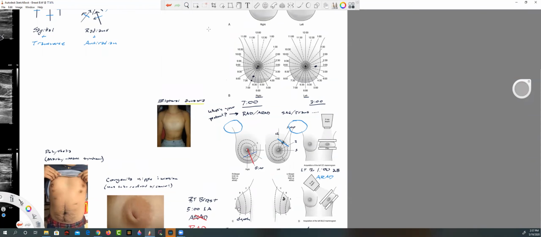You have to look at the axilla. Unless you're doing a very targeted exam, the doctor says, look at this and only that, then that's all you do. You don't go meandering into the axilla. It's not your business. But if you're doing any kind of a full breast exam, the axilla